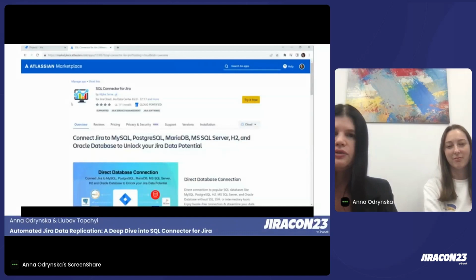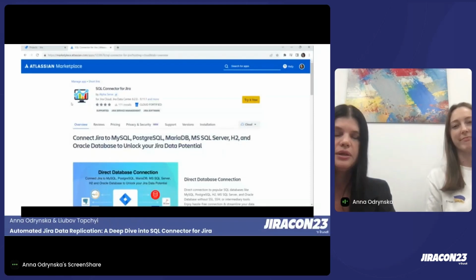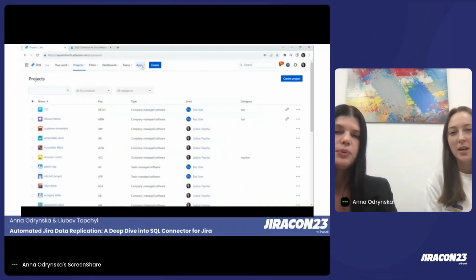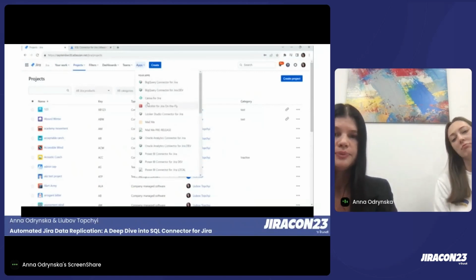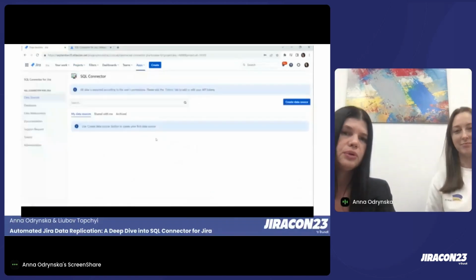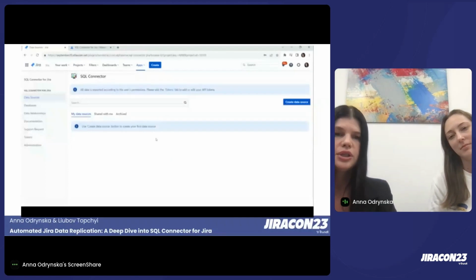And if you are an admin, you can start using the application from the very beginning without any additional settings. And you will be able to find the application under the apps. So here, you can start to build your own data sources, or also use the shared with me if somebody else already